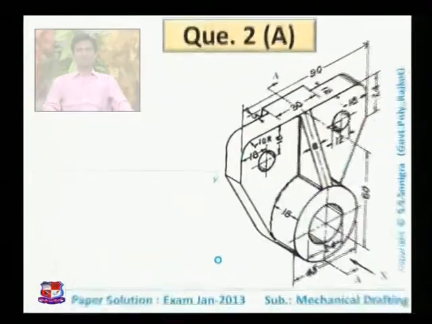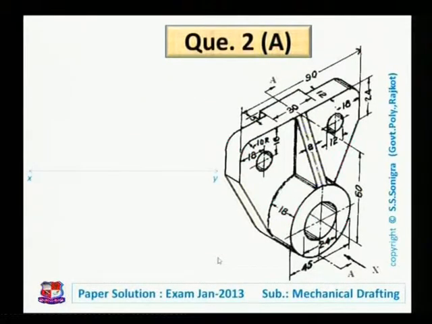Now to draw this problem, first we do the planning of this solution. We know 3 views would be like this. Top view would be here, front view would be here, and right hand side view would be here, because third angle projection method is employed over here. Now if we look from the top, employ a box theory. If you put this solid in the box, what should be the dimension of the box in top and dimension of the box in front? Now we start from front. In front view, the height of solid is given here, that is 60 mm, like this.